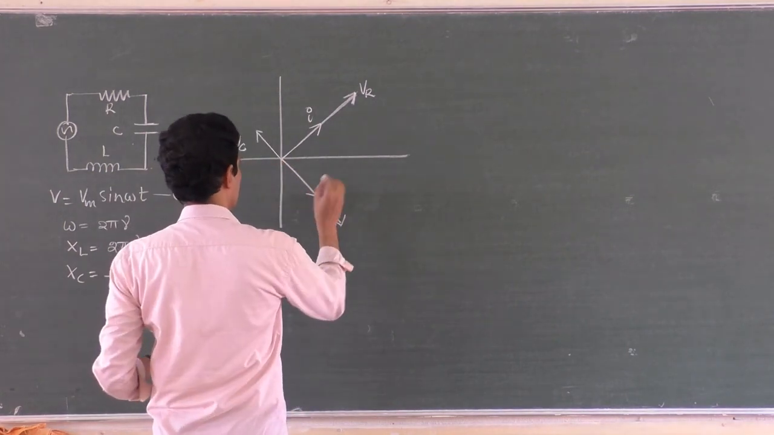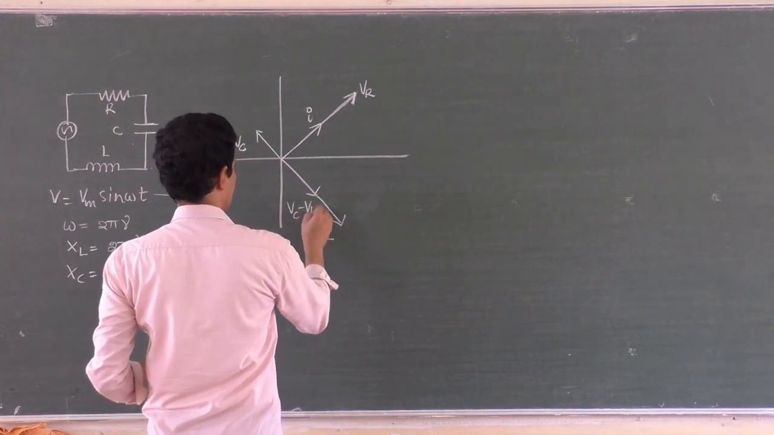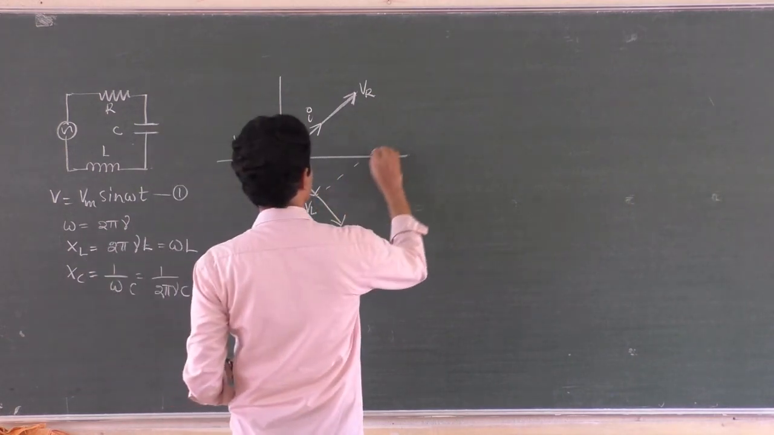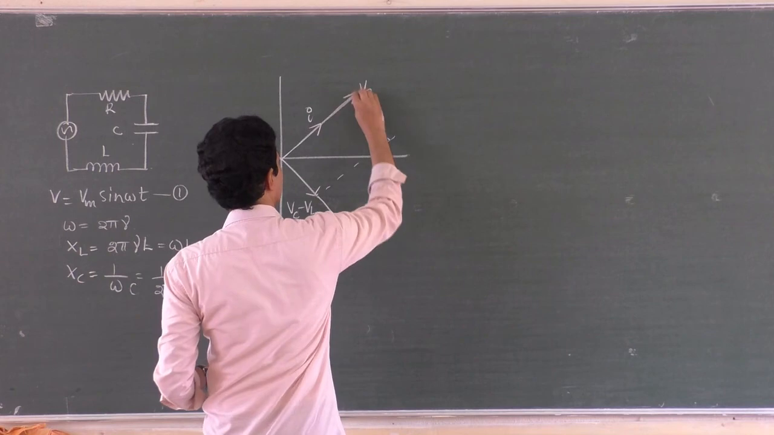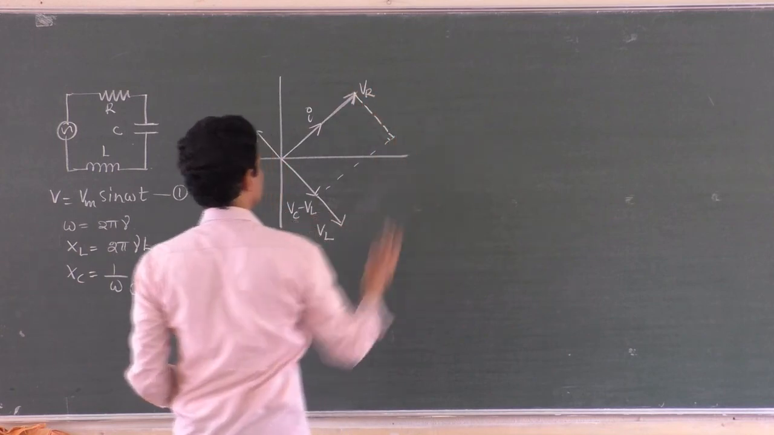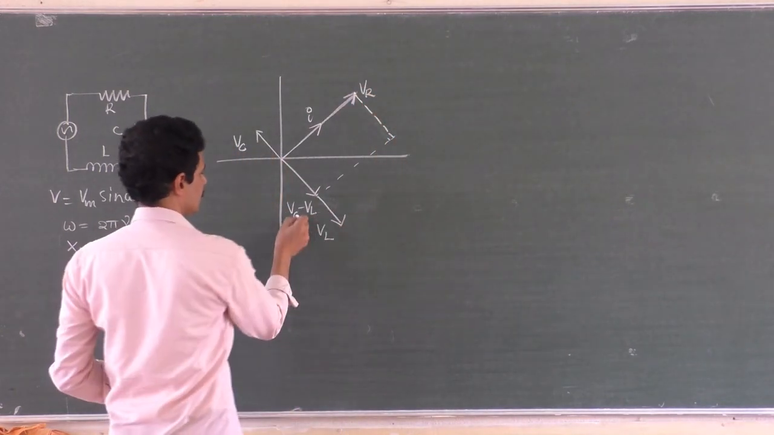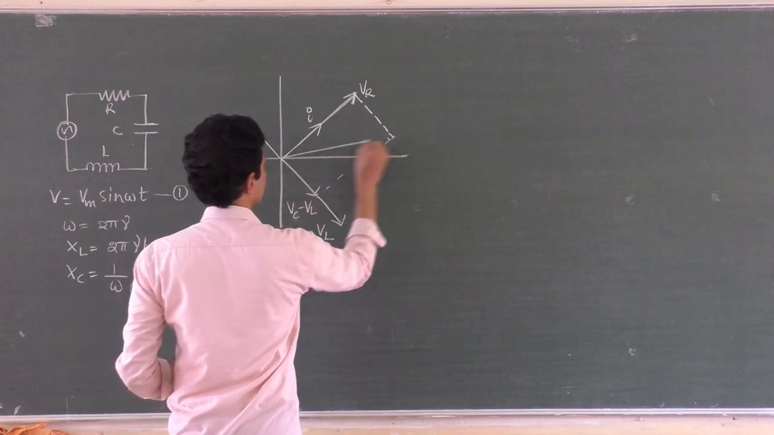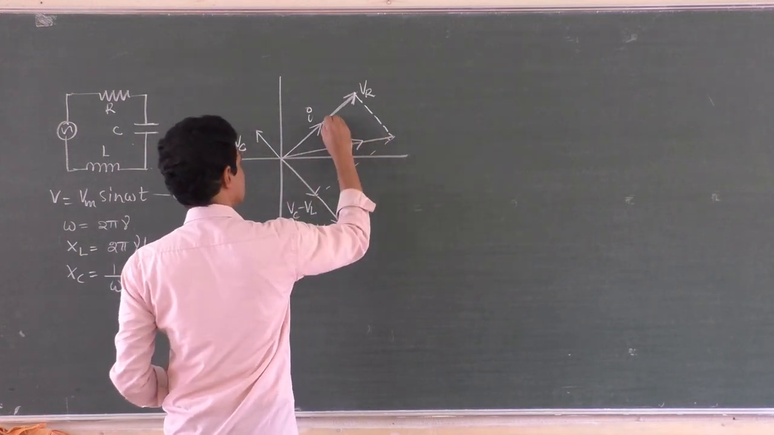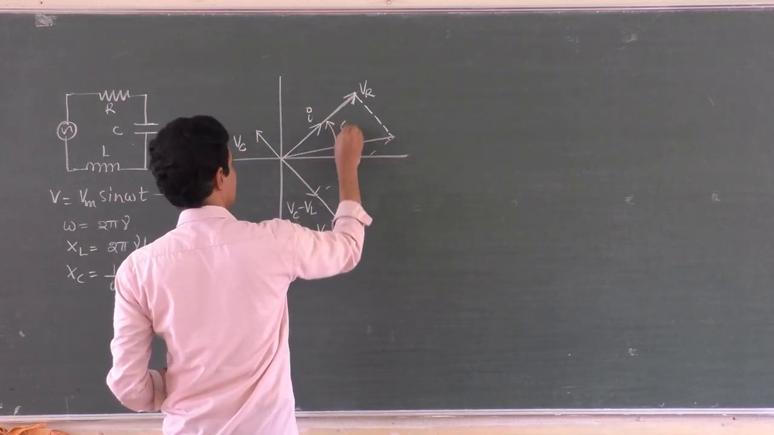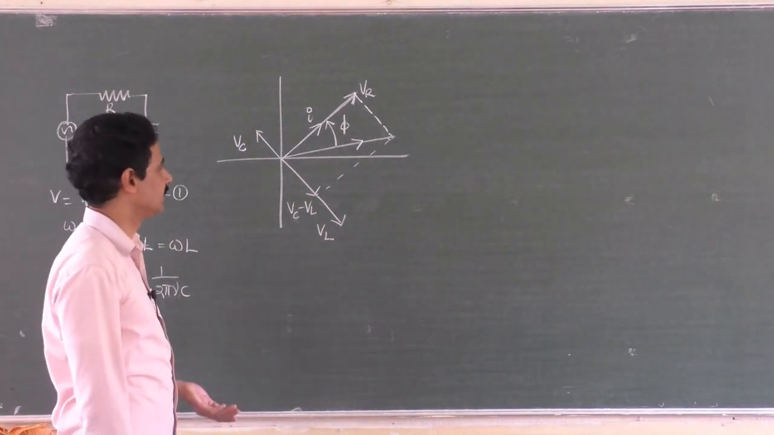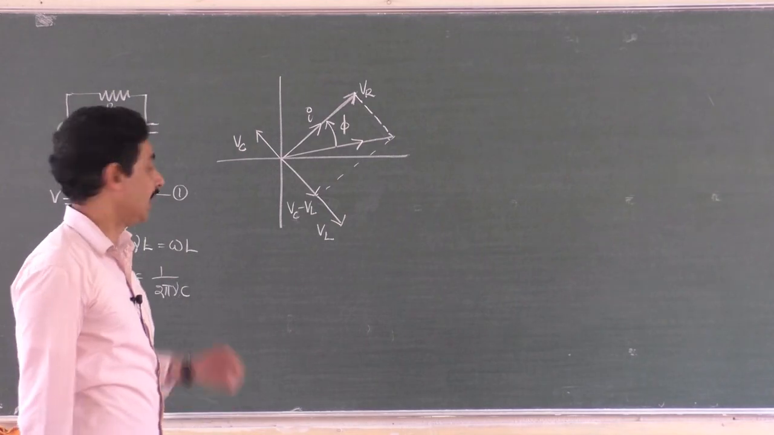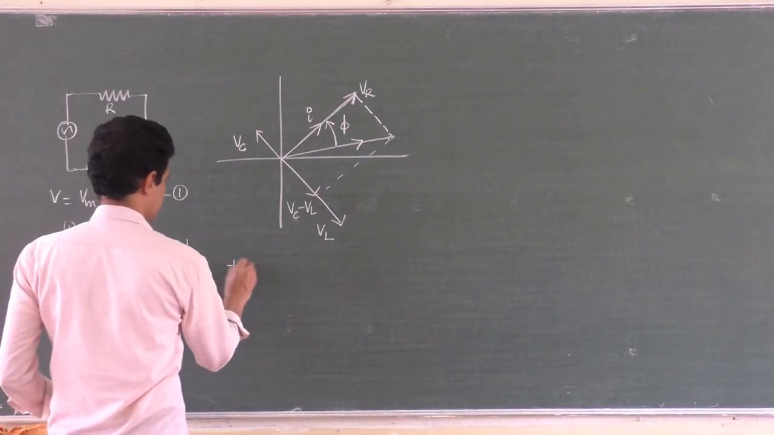So you will get Vc minus VL, and if you try to find the resultant voltage between Vc minus VL and VR, finally remaining is this one and this one, then you will get a resultant like this. So this is the phase difference between current and voltage, and in this condition the current leads. Current leads the voltage by some angle phi, and that phi is given by tan phi is equal to,